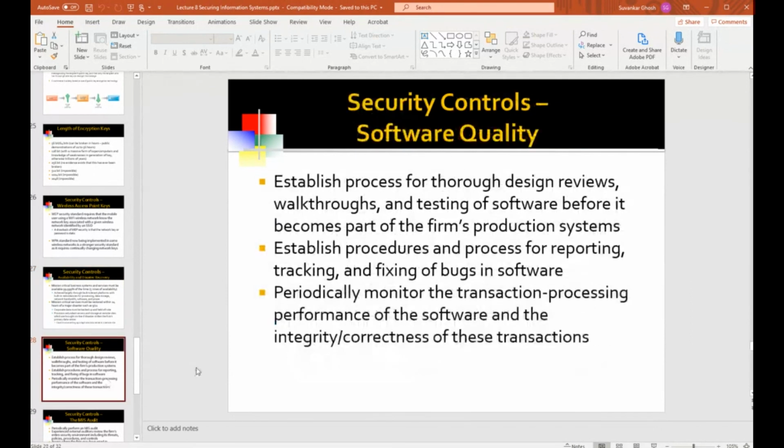Software quality. These are about controls, again, to protect yourself from human mistakes, essentially. The software can get corrupted, the databases can get corrupted by human error. There are database administrators and system administrators who look after and maintain these things, and human error can play a part and corrupt the databases. So the controls for this are again quite basic and simple.